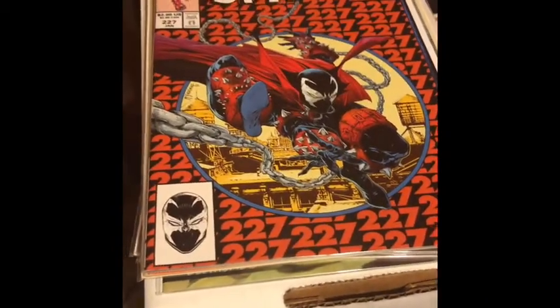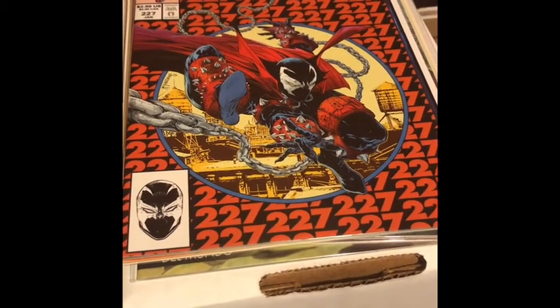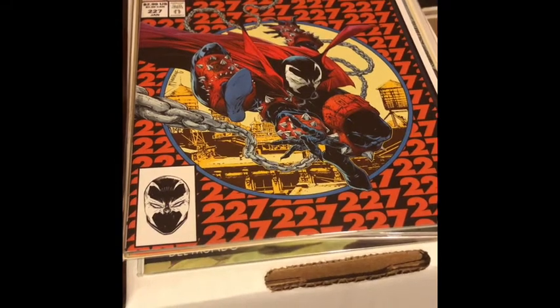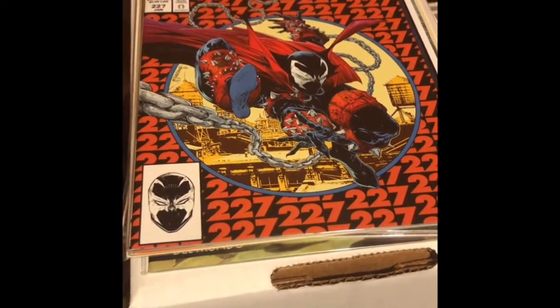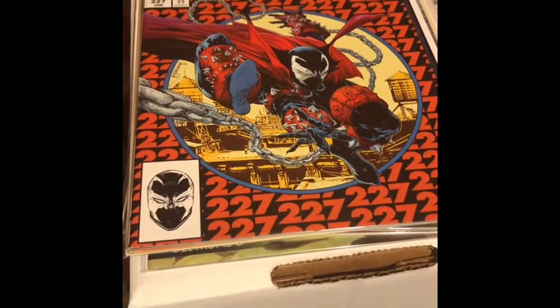Here's a Spawn 227. I had no idea this book was worth any money. I picked it up when I picked up my ASM 300 because it was a 300 riff. I've also got the Amazing Spider-Man 700 with the Doc Ock. I picked them all three up at the same time. I was like, yeah, this is great. I'm going to get them all. No, you're never going to get all. Well, I guess some people do have all the 300